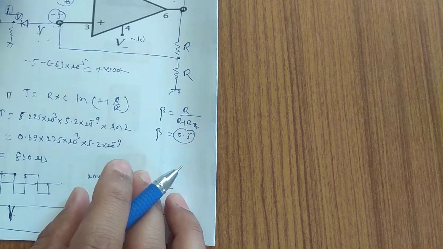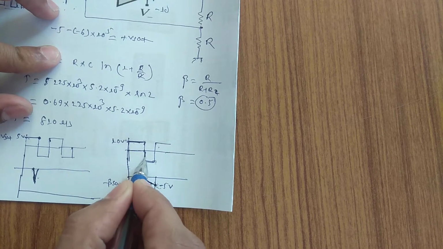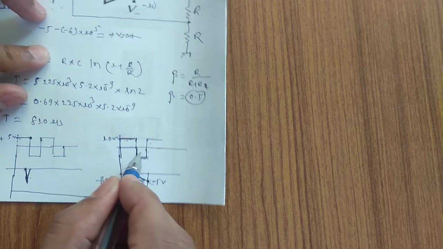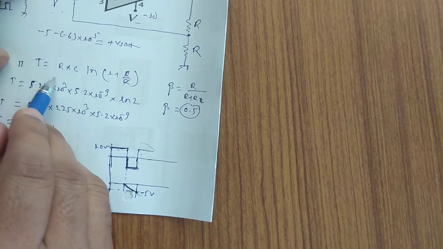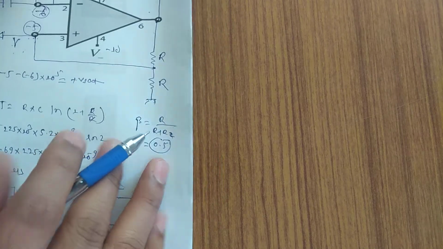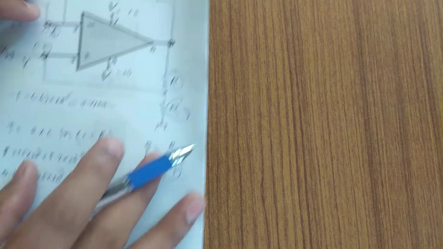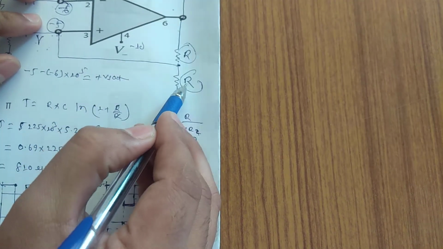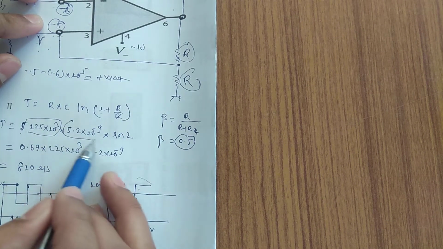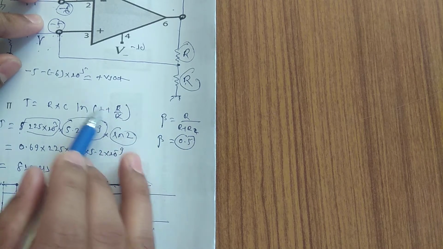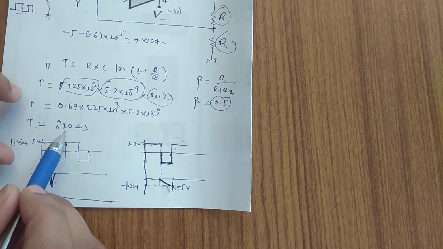Now we are going to look at the circuit. Before that we need to calculate the time period of these small glitches. This and this seem to be equal, but it will be very small. What will be the time period of this one? It is given by the formula RC into ln of 1 plus R by R, this R and this R. For simplification I have taken all the R the same, but in the formula it is 1 plus R by R, this R and this R. I have taken 225 kilo ohm and 5.29 microfarad capacitance, and this is ln 2 because 1 plus 1 gives you 2, and at last we have calculated t equal to 810 microsecond.